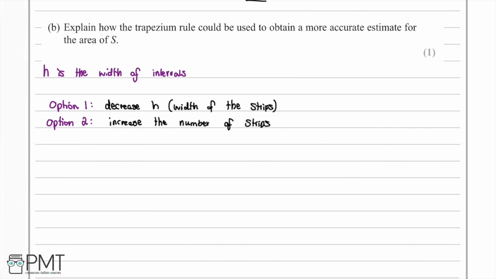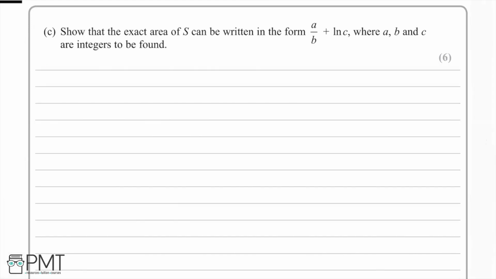And by doing either option 1 or option 2, we will therefore obtain a more accurate estimate for the area of S. So in part C of this question, we're asked to show that the exact area of S can be written in the form A over B plus ln C, where A, B and C are integers to be found. So if we recall the earlier part of our question, we were given an equation of curve C, and we'll recall that y was equal to x squared ln x divided by 3, then subtract 2x